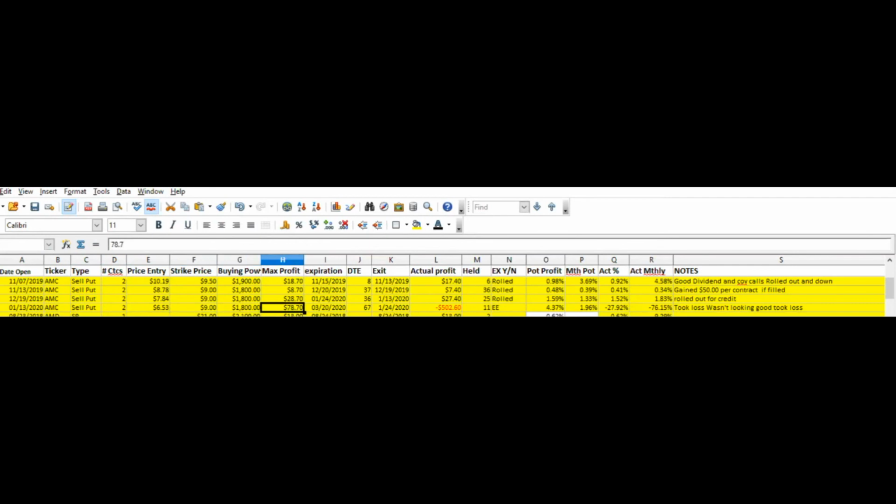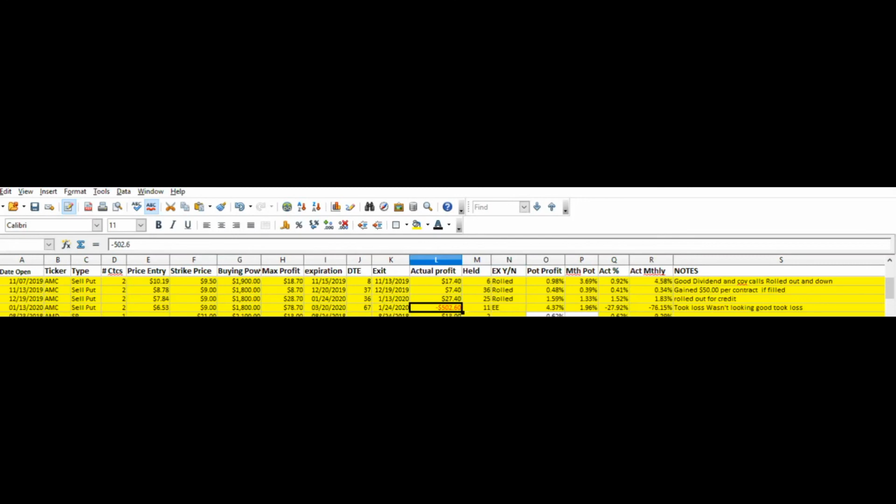This one I was able to make because I rolled it out quite a ways. I was going to make 78.70. But as you can see, 11 days later, the price had gone down even further than that 653. And I said to myself, I don't want to own AMC stock. This was a dumb idea. This was a bad one. What was I thinking? Kicked myself. I went ahead and exited early and took a